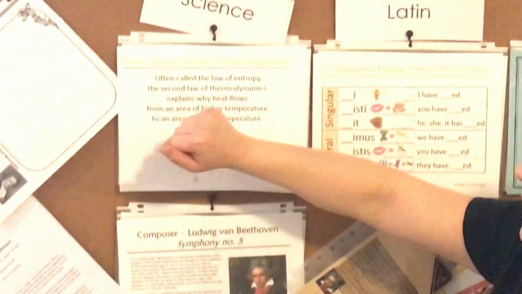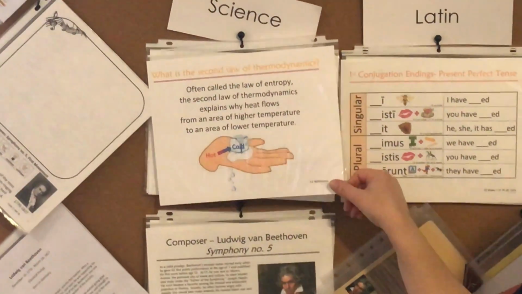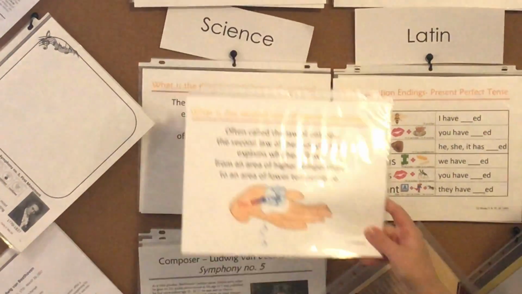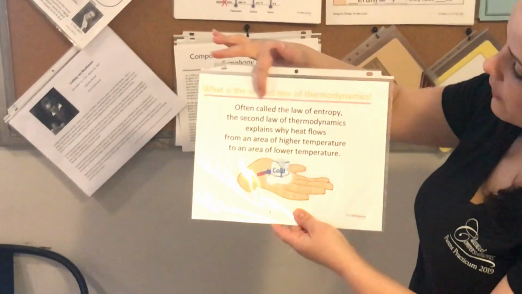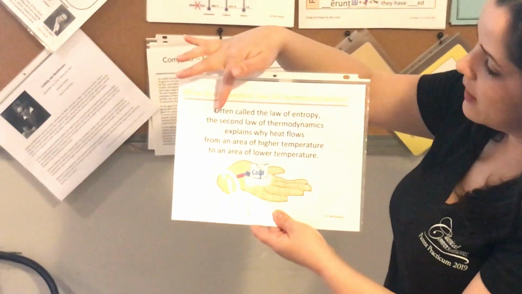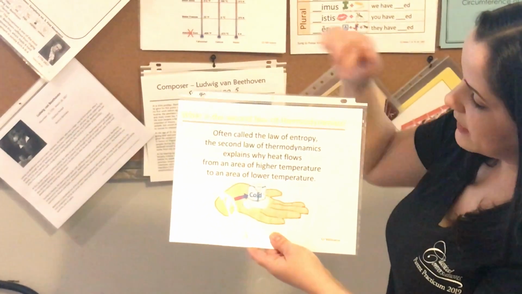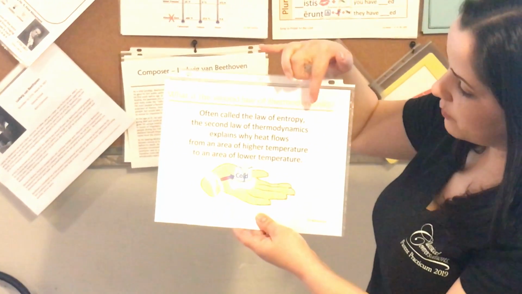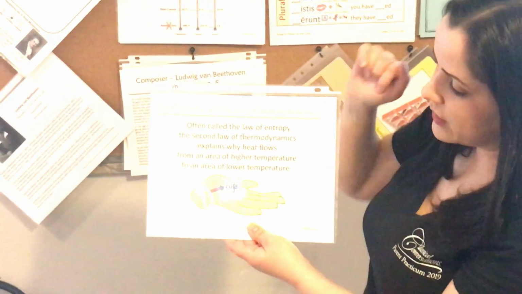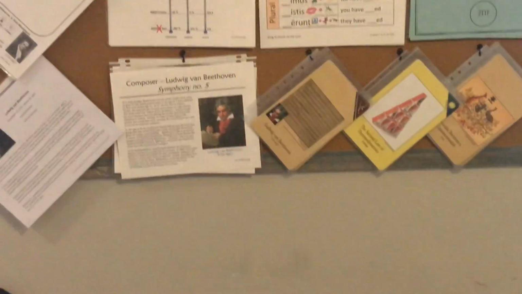And for this week's science, we're going to be talking about the second law of thermodynamics. So what is the second law of thermodynamics? Often called the law of entropy, the second law of thermodynamics explains why heat flows from an area of higher temperature to an area of lower temperature. Okay, so for that we're going to do,